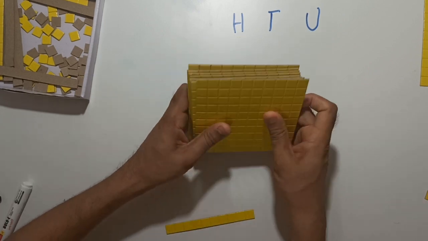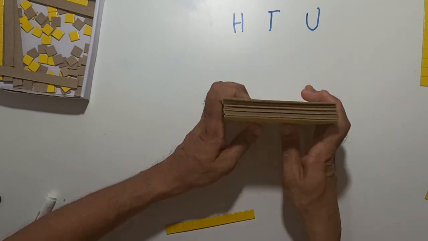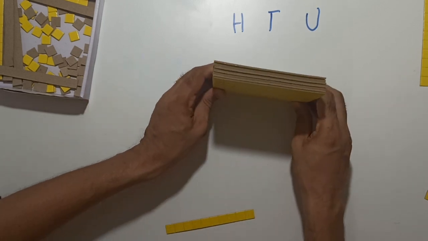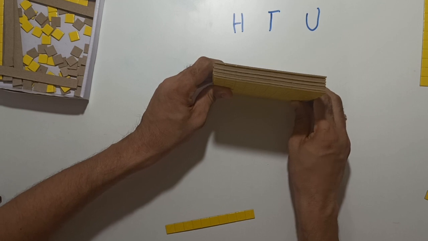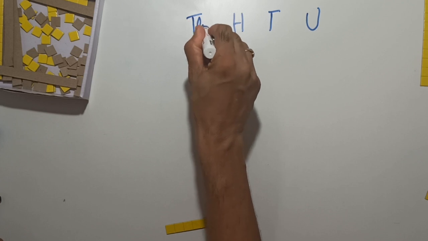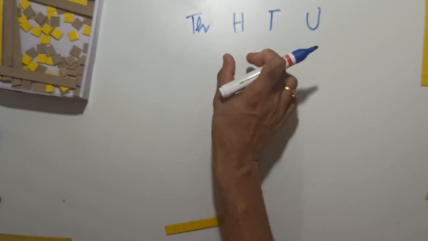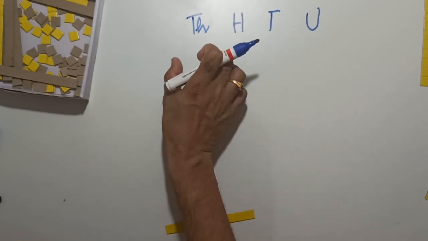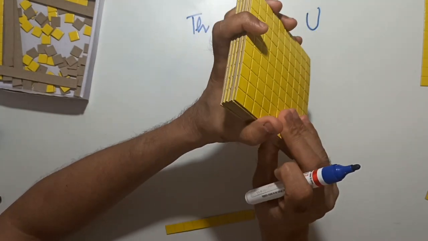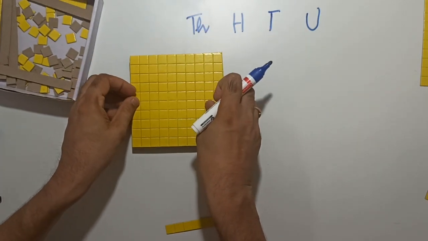Now how many flats do I have? I have got 10 of these, right? I had 9 before, I've added 1. I've got 10 of these flats, right? And now these 10 flats can be combined together, and now we have another place which is called thousands. Okay, so just like 10 of these tens could be combined into 100s, I can combine 10 of these hundreds into 1000. So if you think of a block of cards like this represents 1000. Okay, so I'm just going to place my 1000 here.